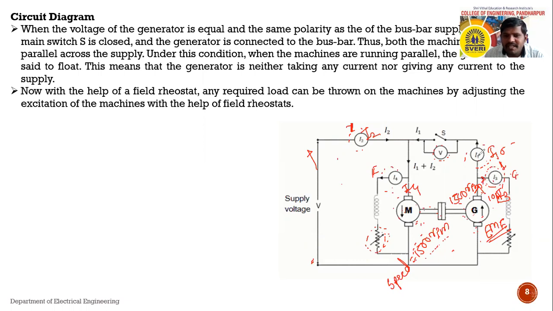Okay, now see, this is incoming, this is outgoing, this is also outgoing. So 10 minus 1 is nothing but 9 ampere. It is the output current of the generator. See, here one switch can be used. Now firstly, consider the switch in the open condition. When the switch is in the open condition, how much current will be flowing from this line?